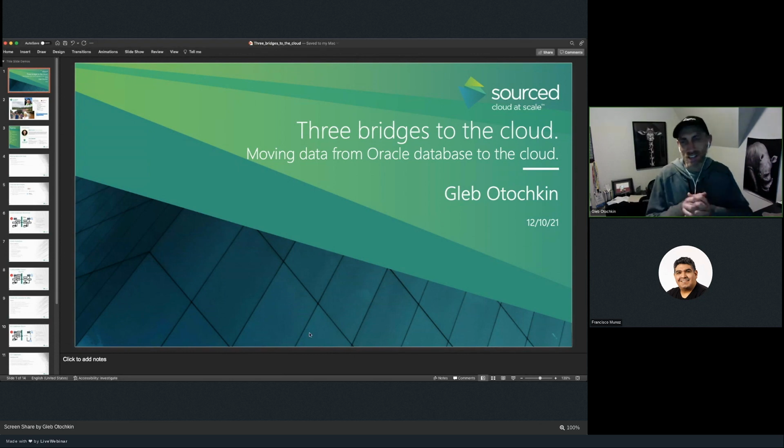Let's start. We're going to talk about how we can move data from Oracle database to the cloud. And it is not about moving data from Oracle database to Oracle Autonomous Database or from Oracle database to any other Oracle database, but rather a little bit different case when we move the data from Oracle database to a third-party cloud. It is not Oracle Cloud. It could be Google public cloud. It could be AWS. It could be Azure.